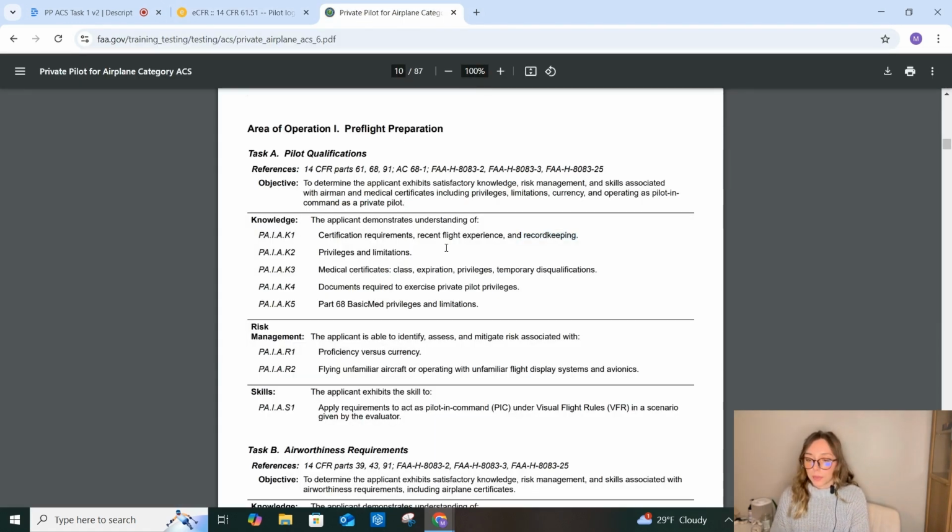That wraps up PA.1.A.K1, certification requirements. What do you need? You need to be 17, read, write, speak English, pass your written test, certain aeronautical knowledge. You need to have 3 hours cross country, 3 hours night, 10 takeoffs and landings at night, 100 nautical mile cross country at night. You need to have 10 hours solo,